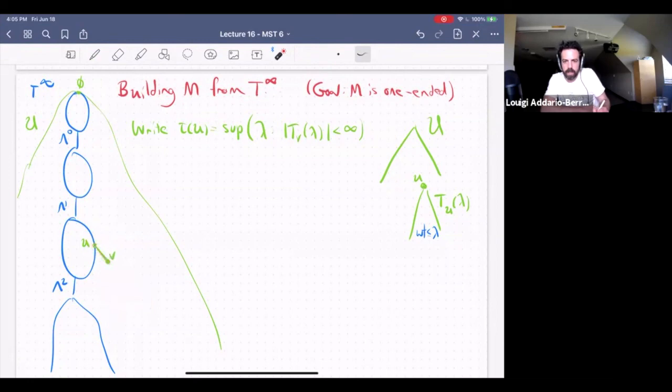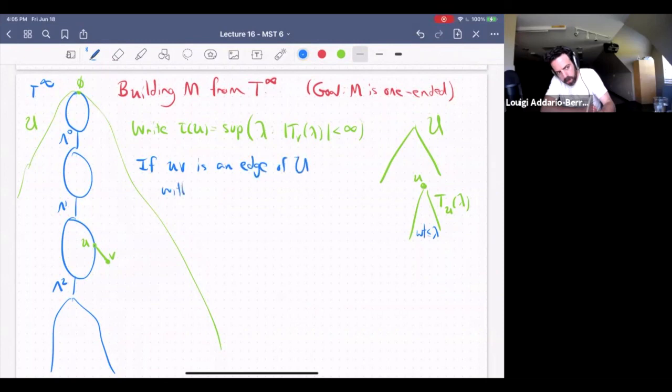So if I look at an edge UV of U, whose near endpoint is in T infinity and whose far endpoint is not in T infinity,